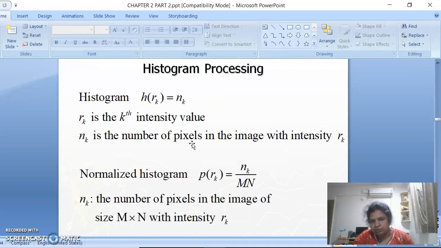The total number of pixels in the image is 10,000. Then what is the probability of occurrence of gray level intensity 128? n_k is the number of pixels with intensity level 128 and the total number of pixels is 10,000. So p of r_k is 1000 by 10,000, that is 0.1. In the histogram, on the x-axis